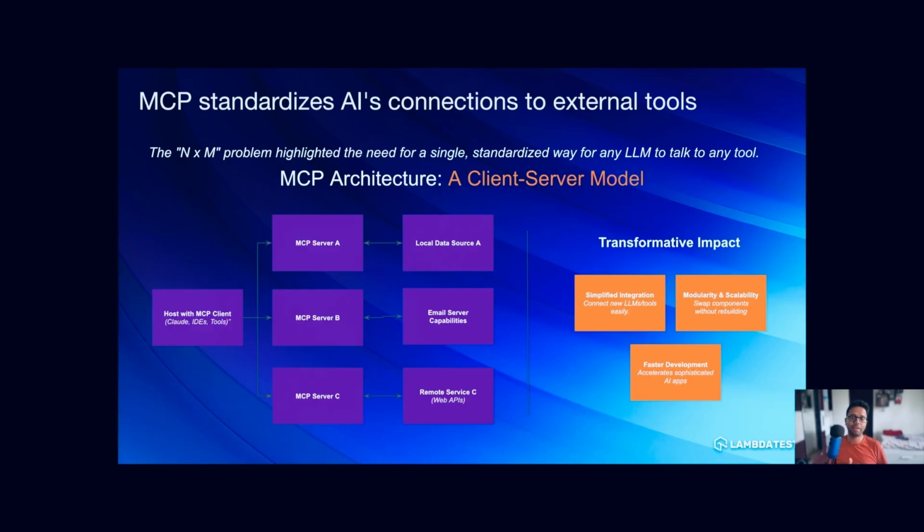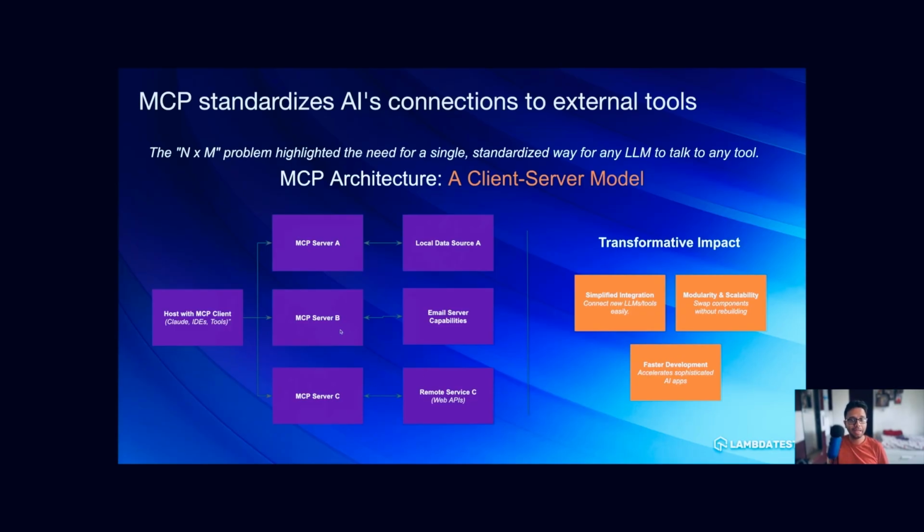Can you go ahead and figure out how much the invoice was for, right? Now, after this question, the host tries to figure out, among all the MCP servers to which it is exposed, which one has the capabilities to read emails, and it figures out that, hey, server B has this, right?